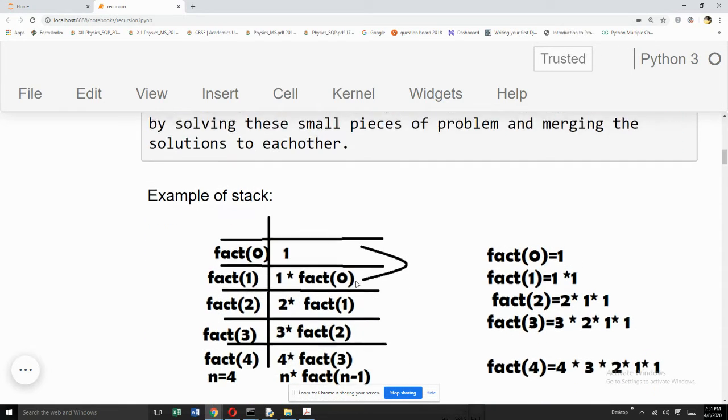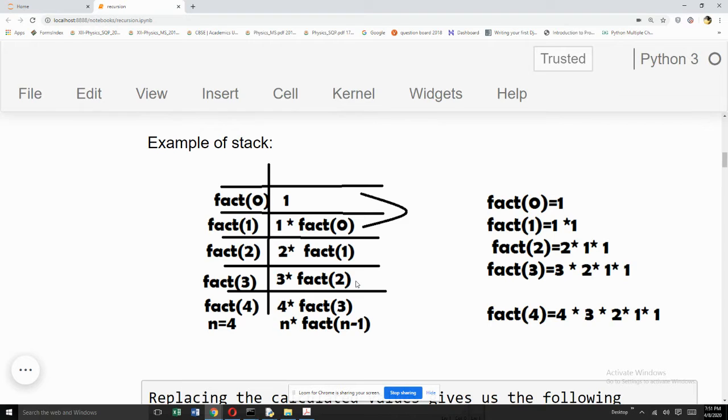Let me give you one example of finding a factorial recursively. How do we find the factorial of a number, supposing it is given as 4? Now, please look here. This is fact 4, where n is passed as 4. Fact 4 will be stored in the stack as 4 into fact of 3. So it will be calling fact again by passing n minus 1 as an argument. If n is 4, n minus 1 will be 3. So this will call the function fact again by passing n as 3.